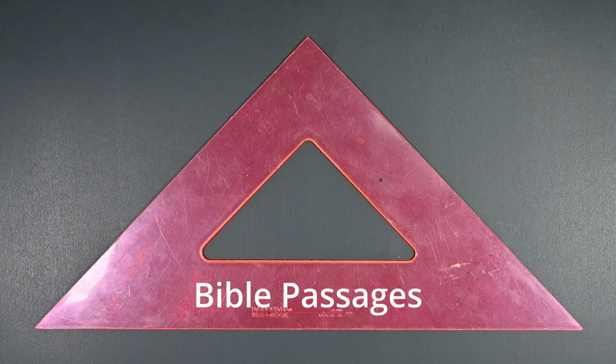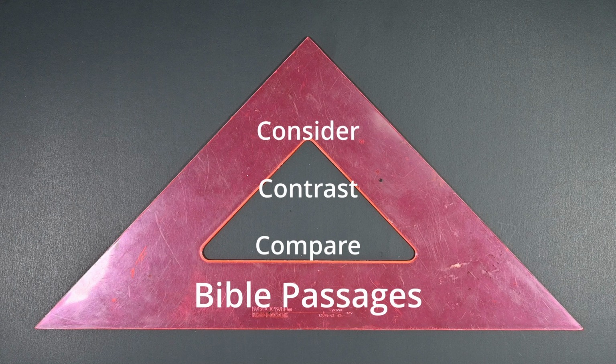So now the triangle represents a pyramid. The top point is the sum total of everything God has told us about his will. The bottom is the foundation of all the relevant Bible passages. If we were to only read one verse, our knowledge of God's will would be very limited. The more verses we read, the more accurate and detailed our understanding of the will of God. We find relevant passages, compare them, contrast them, consider what they are telling us, and we arrive at an accurate